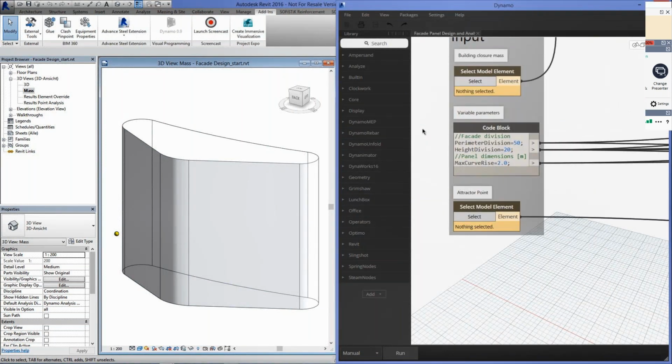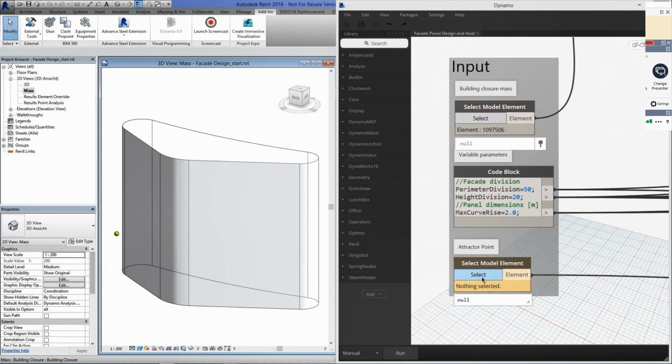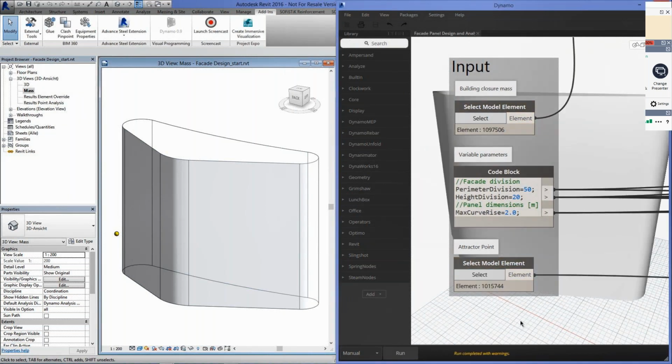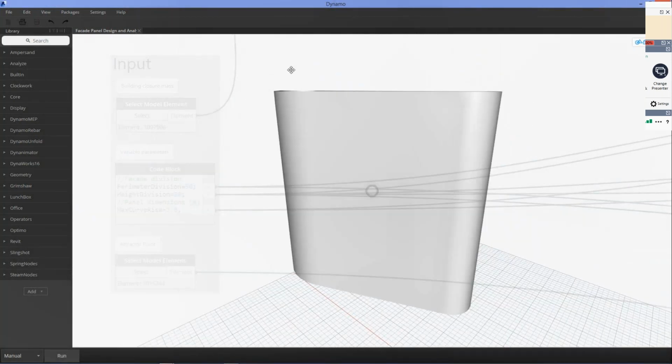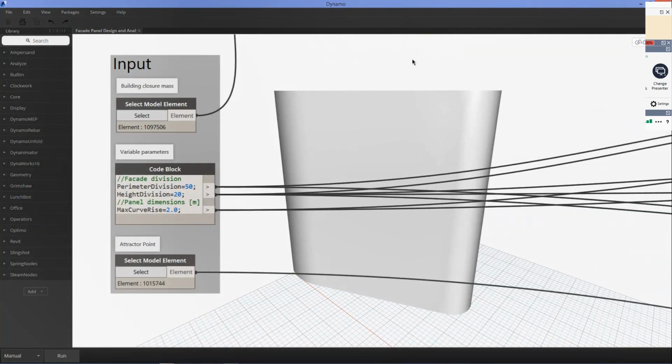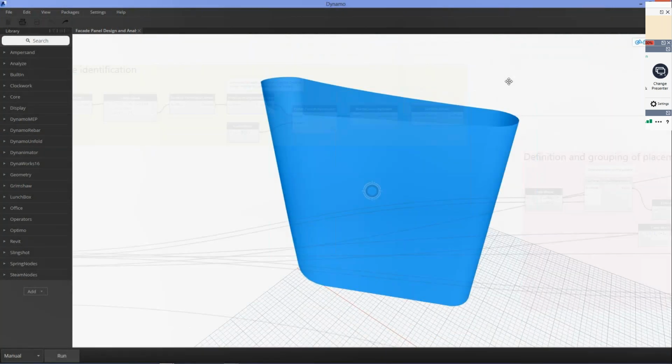Now again, I can bring in as much complexity in terms of the facade creation as I need. I can add a bicurvilinear structure to the entire facade.